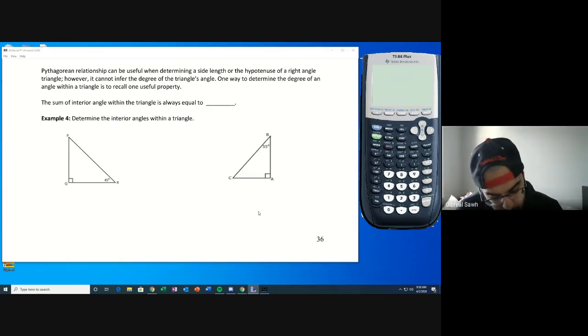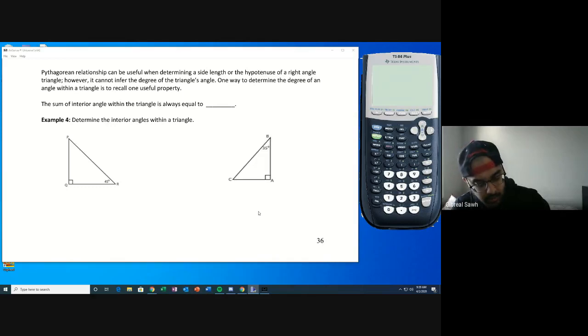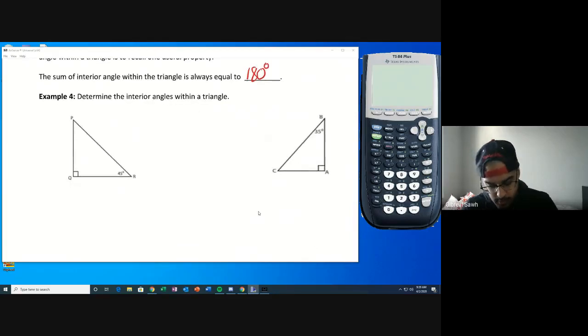Okay, one way to determine the degree of an angle is to recall one useful property from triangles, that the sum of the interior angles within the triangles is always equal to 180 degrees. Now what that really means is if you take all 3 angles inside and you add them together, they're going to add together to give you 180. So if you know 2 of the angles, you can always find the third one, which is exactly what we're going to do here. If I look at this triangle, triangle PQR,